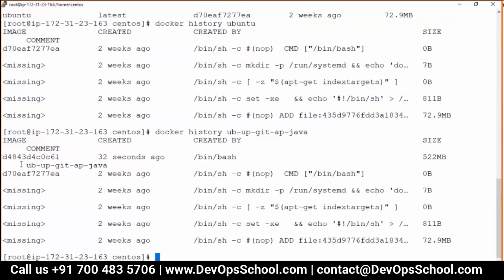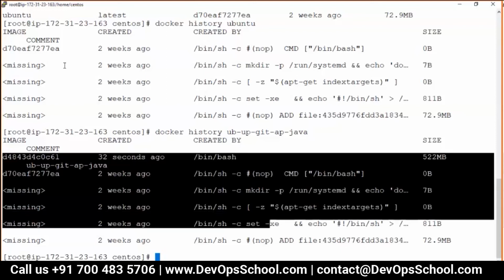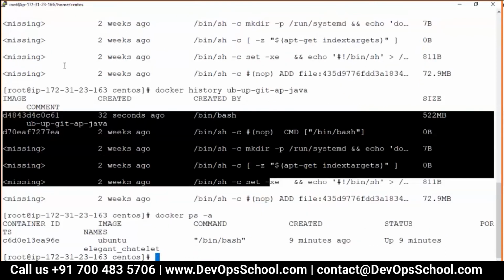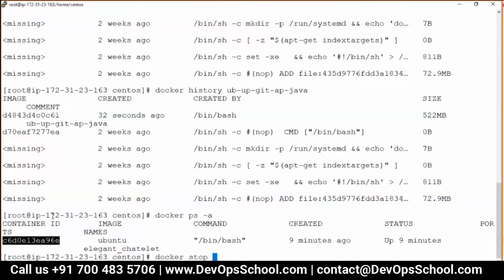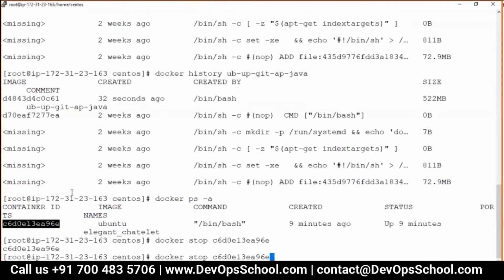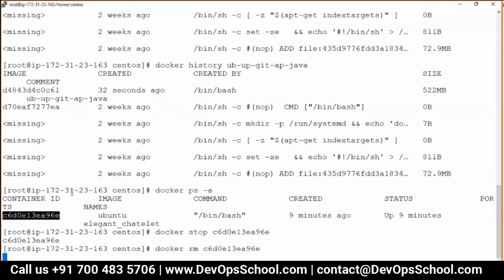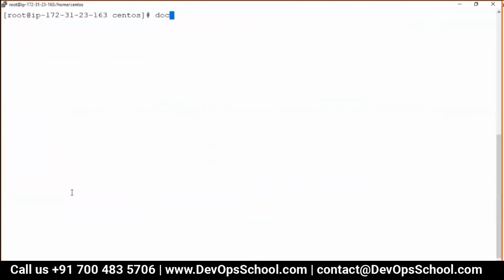So guys, this is the image. That layer is there, that container is there. You can delete this container. You don't need to stop this container, and I am going to delete that container. Why? Because you got the image and you can create as many containers as you want. So let's say as of now I got two images.